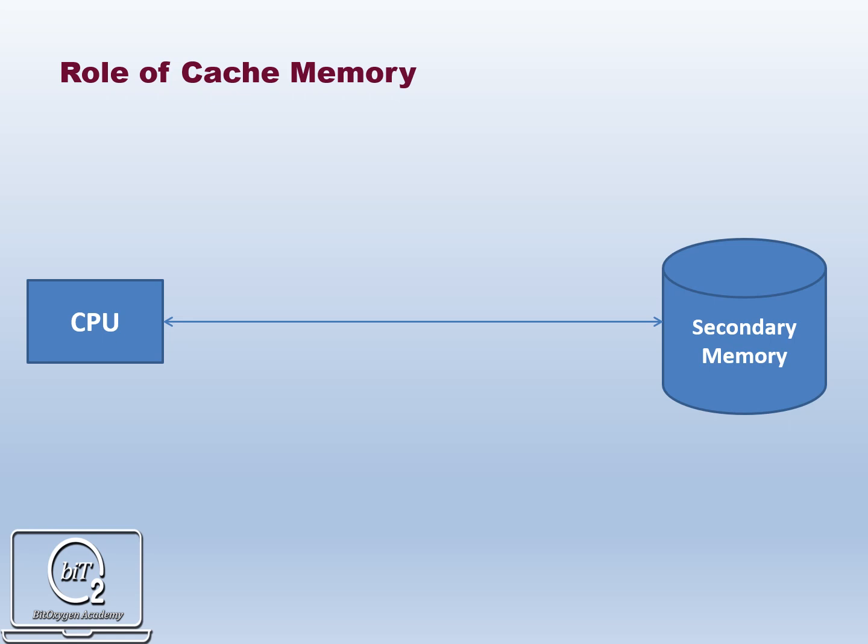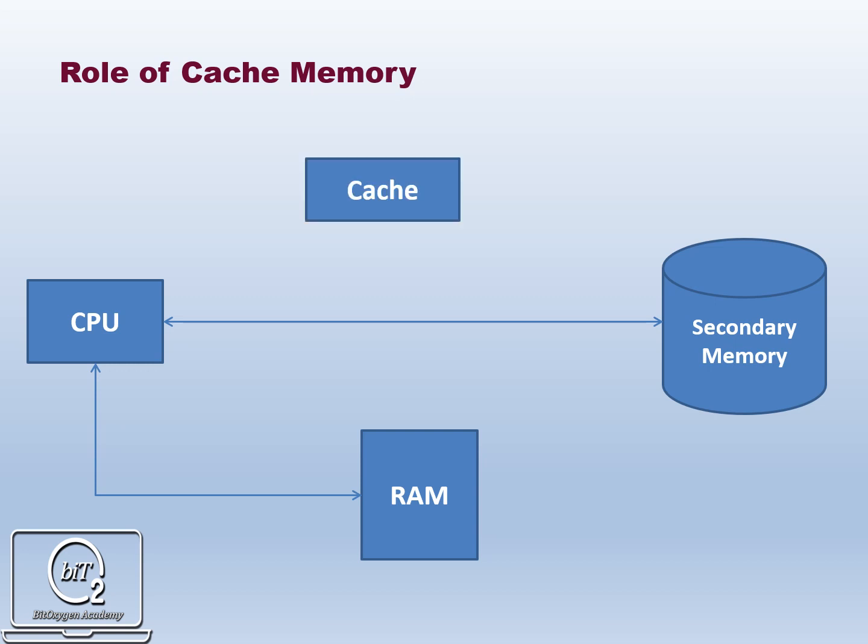So, as a solution, another memory is used which is faster than secondary memory but slower than the CPU. And this memory is main memory, also known as RAM. Now, the CPU accesses main memory for instructions or programs. But still there is a problem of speed. So for synchronization and to increase the performance of the system, cache memory is used. And finally, the CPU accesses cache memory first for instructions or programs.